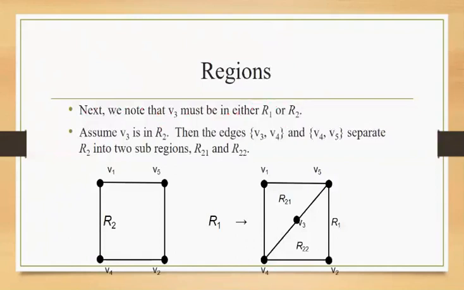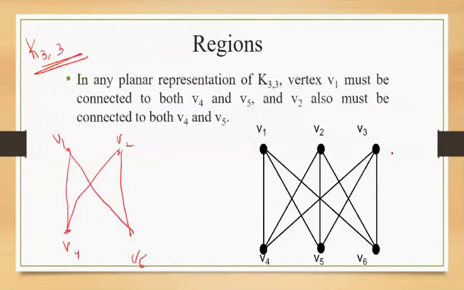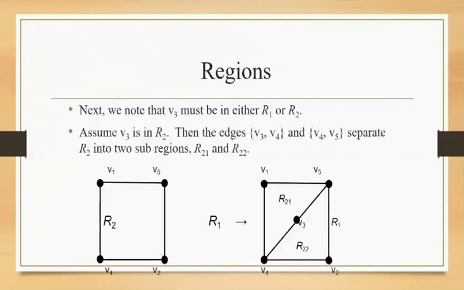Now we have to add the next vertex of this graph, V3. To add V3, I can add it either in region 1 or region 2. So I am writing it over here, since V3 is connected to both V4 and V5. I placed it in the center and have connected it. I don't need to connect V3 to V1 and V2, so I can proceed. Now I have region R1. The region R2 is divided into two halves, R21 and R22.